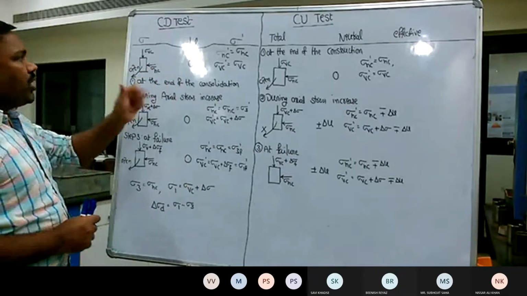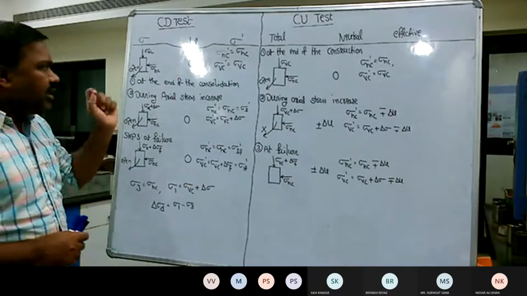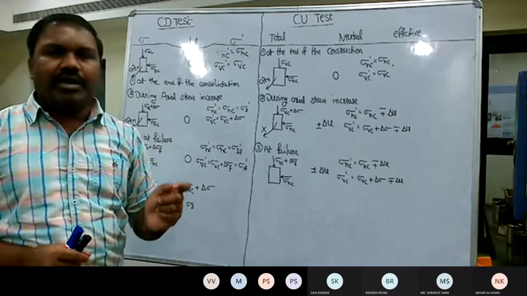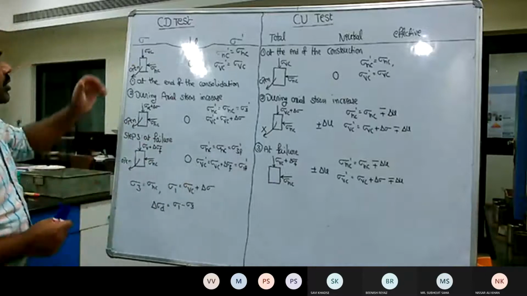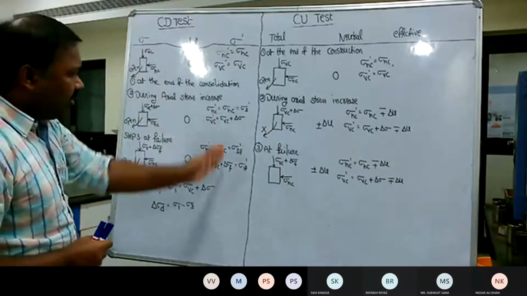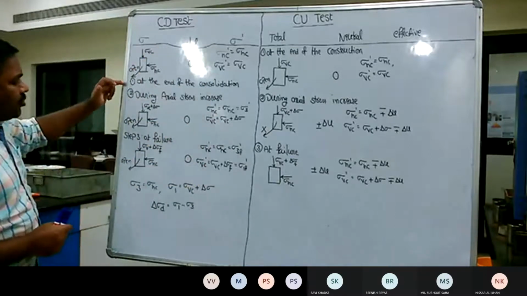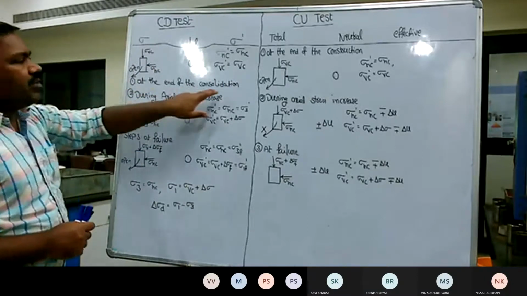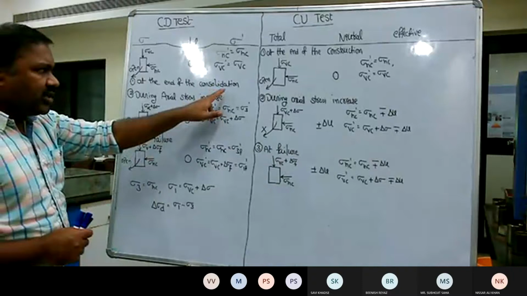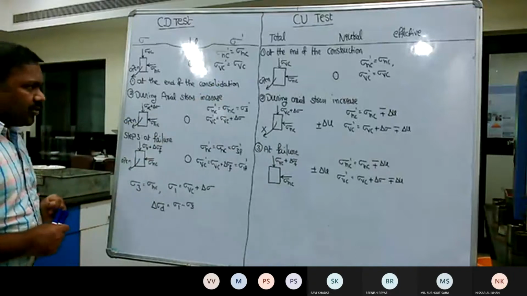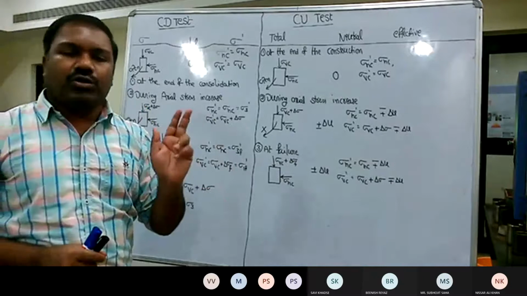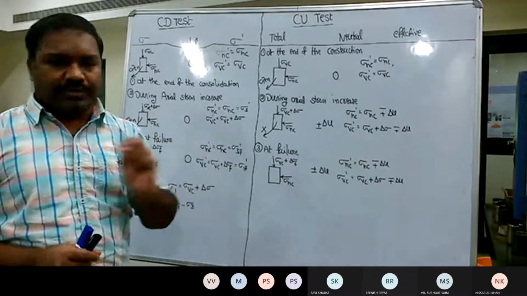Now, if you represent the same thing in terms of equations or stresses, how do you write the equivalence of the stresses in terms of total and effective? Here there are three columns given corresponding to 3 or 4 different stages, like stage 1 at the end of the consolidation. We tried to understand in the previous class why stage 1, the end of the consolidation, is so important and so critical.